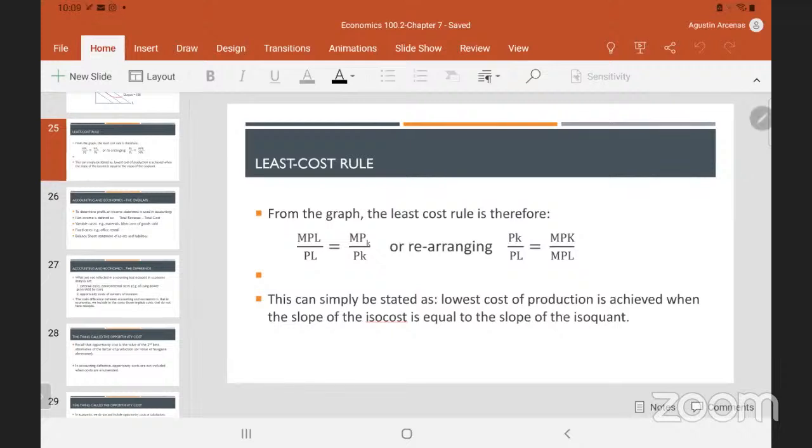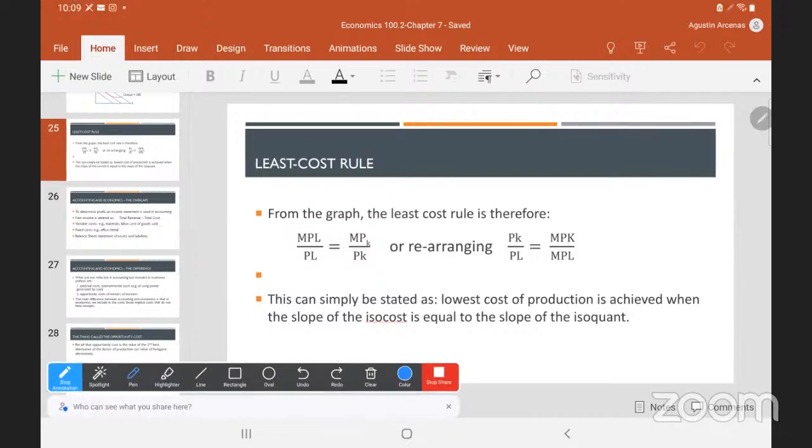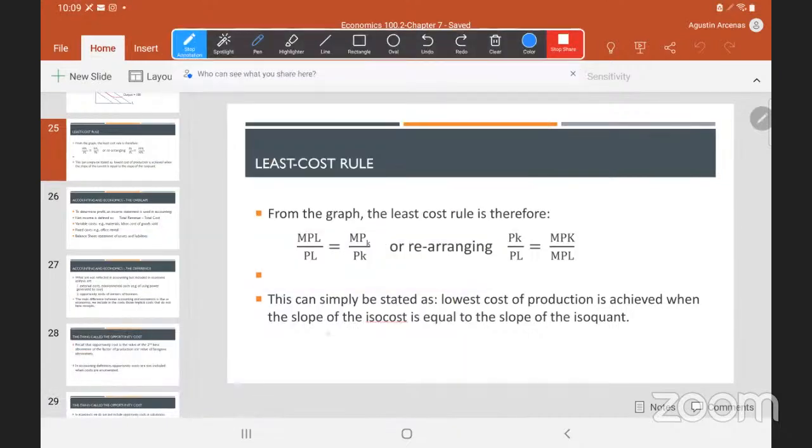Kasi kapag ang sitwasyon ay alright, pagka ganyan ng situation, dito, the per peso marginal product of labor is greater than the per peso marginal product of capital. Anong ibig sabihin nito? How do we interpret this? It means that